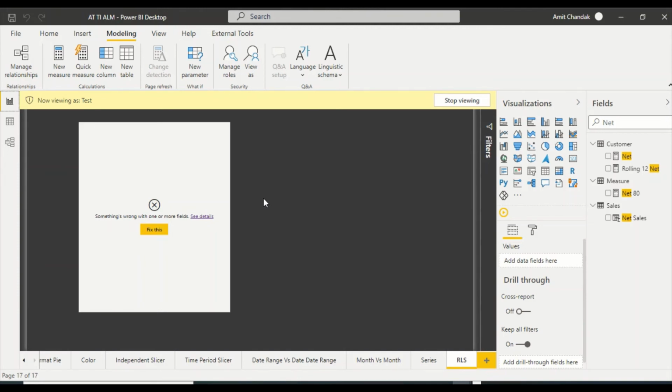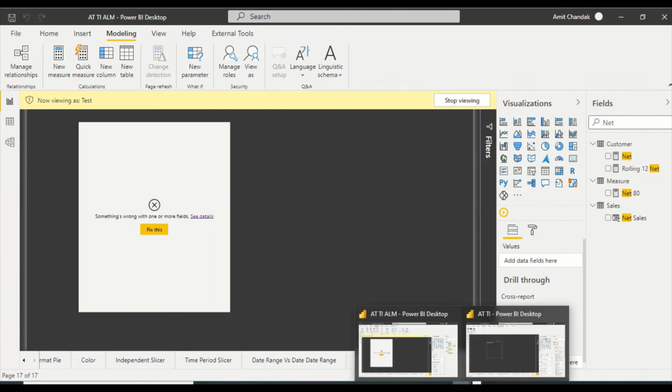Right now this object level security is only available via the external tool. Power BI has this Tabular Editor engine, which is basically the Azure Analysis Services or SQL Server Analysis Services tabular engine, which has all these features, but this is right now not available as a native feature in Power BI, but you can go ahead and use Tabular Editor to get this.